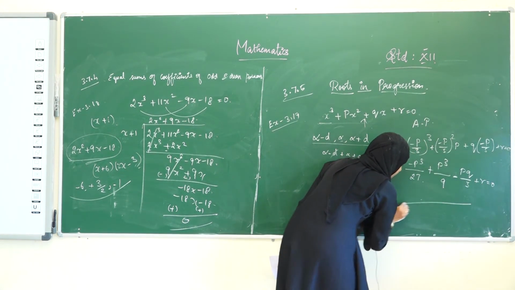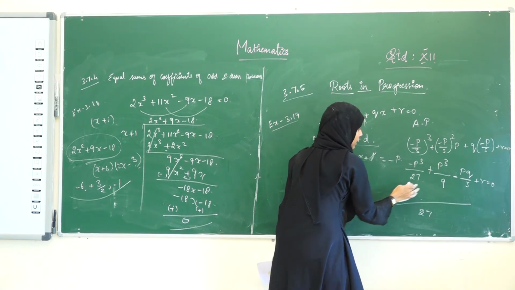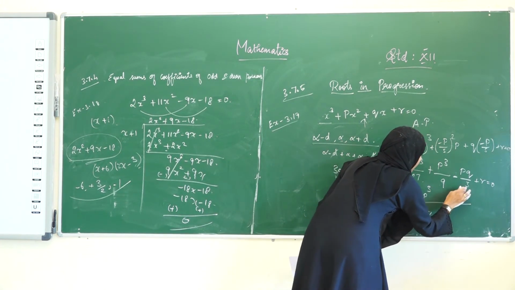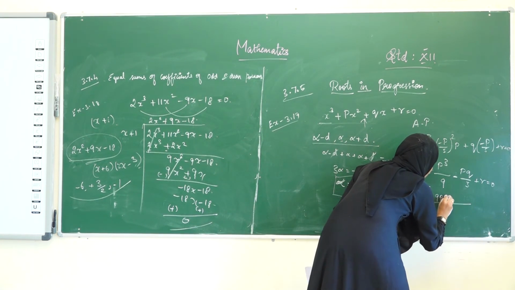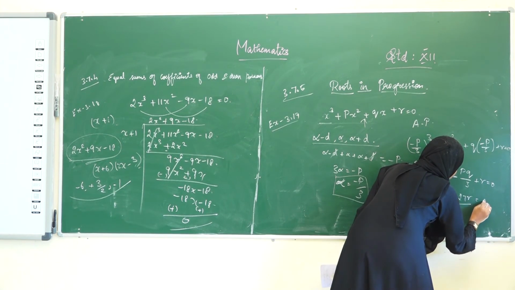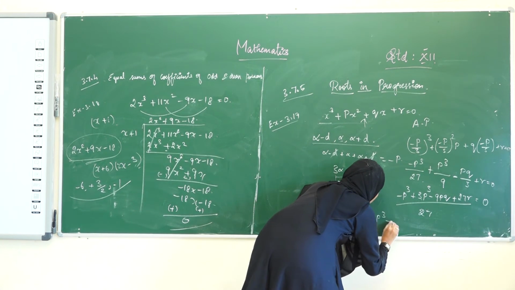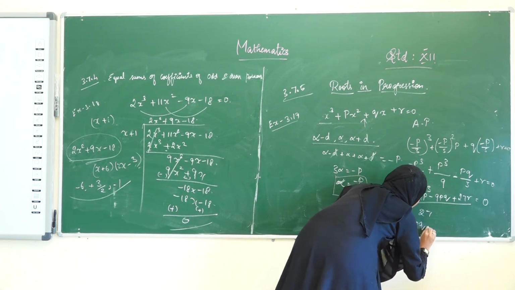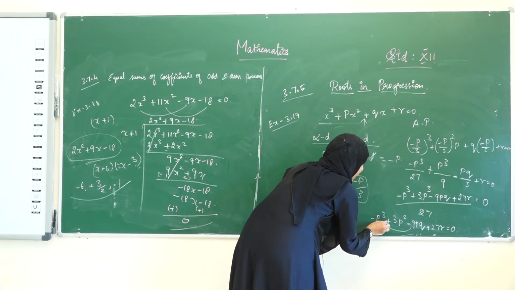We are going to take the LCM 27. So here it becomes minus p cube as it is. Here it is 9, we are going to multiply this with 3, plus 3 p cube. Here it is 3, we are going to multiply this with 9, minus 9 p cube plus 27 into r equal to 0. See the term we get is minus p cube plus 3 p cube minus 9 p cube plus 27 r equal to 0. We are going to take these terms to that side.